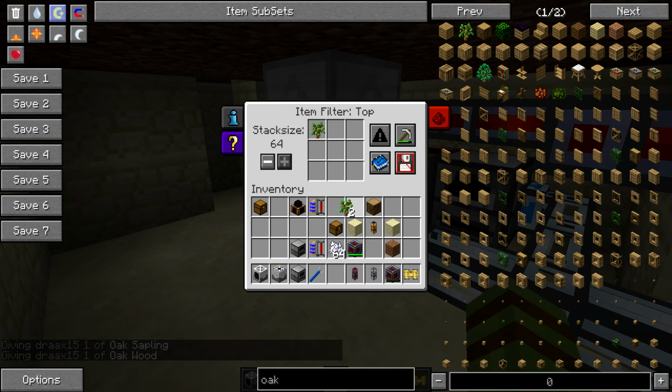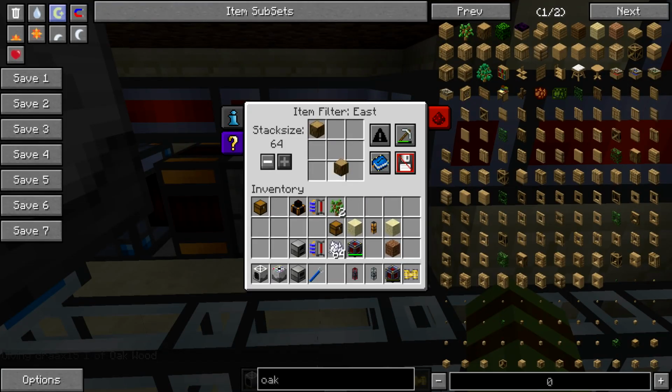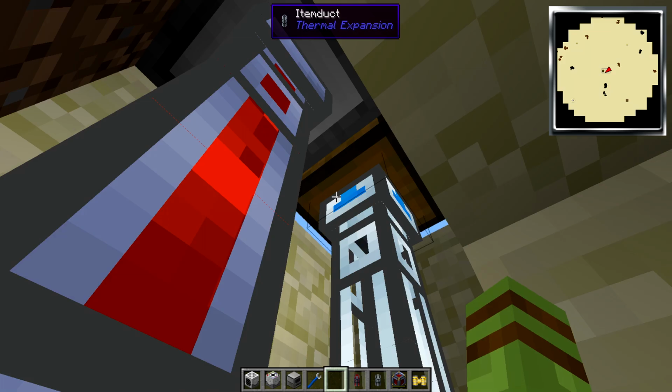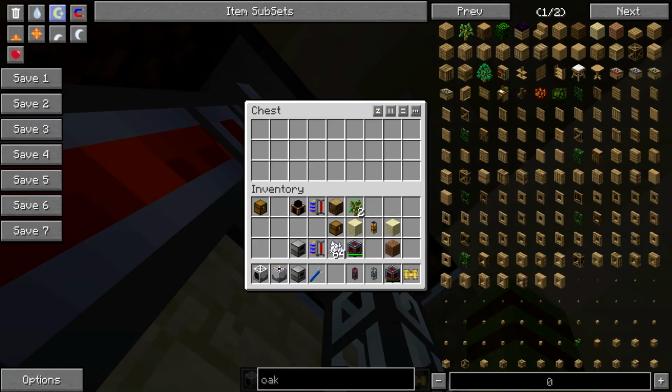And then so we'll put that in there. We'll do a whitelist, and that'll be good. And then in this one, we're only going to accept wood, whitelist. And then in this guy up here, we're only going to pull out both of these. And then we'll turn on the redstone signal. And just like that, whenever we get some items in there,